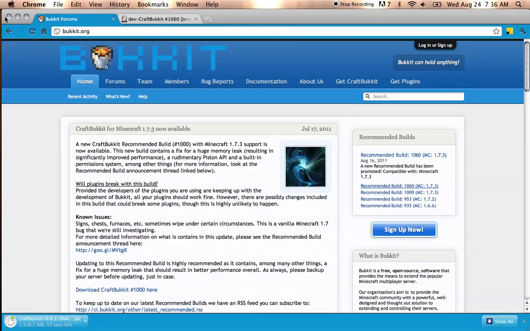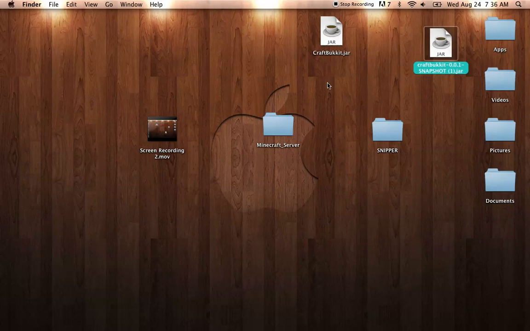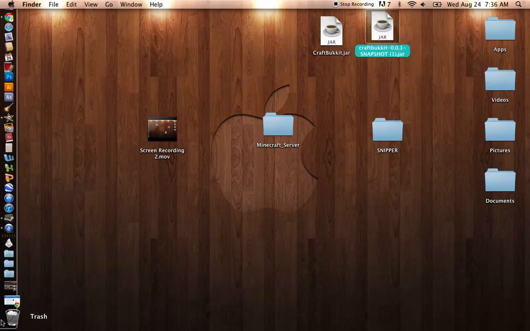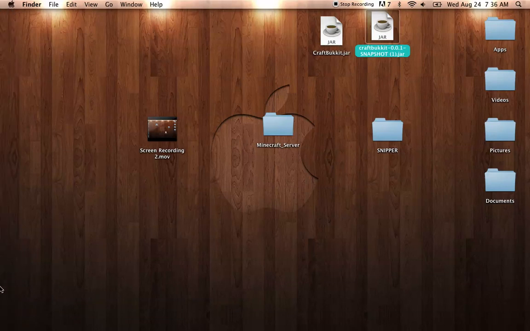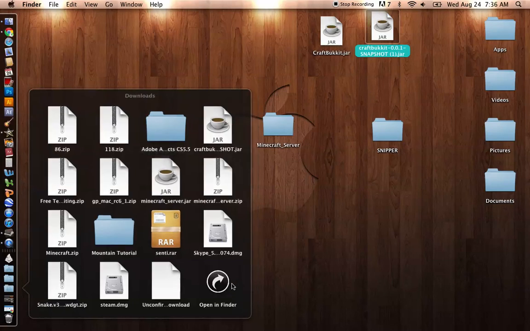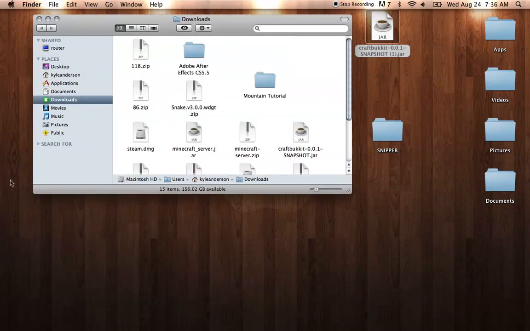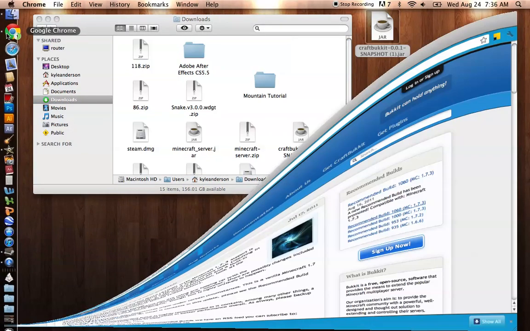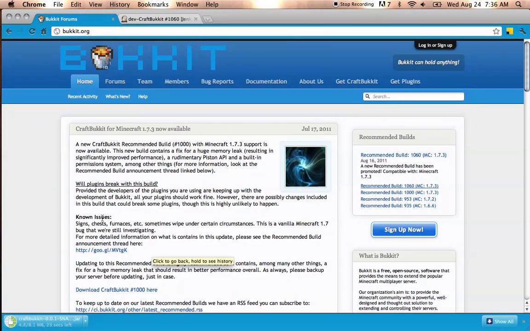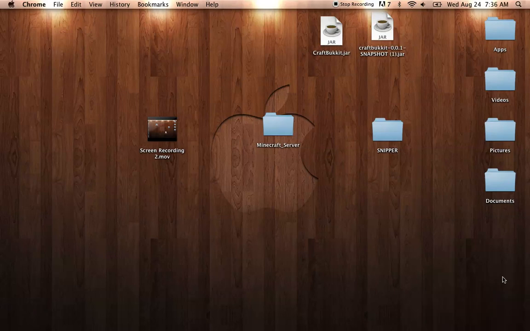And then you can just minimize that. I've already got one here but I'm not going to use that. Well, I've got two here but I'm not going to use them. I will go to downloads. Okay, it's not there yet. I'll just wait for this to download, but in the meantime, what we can do is create a